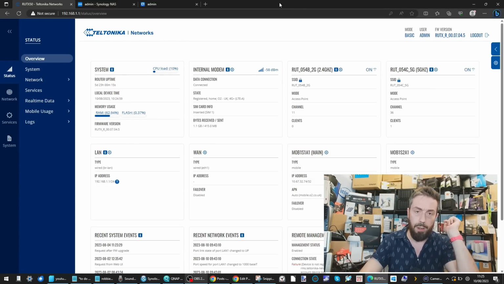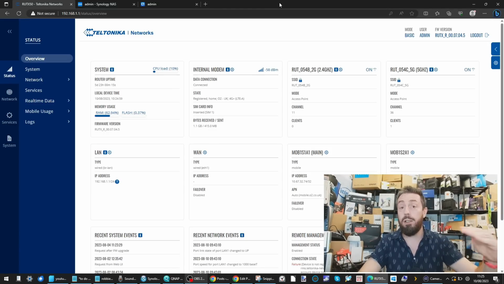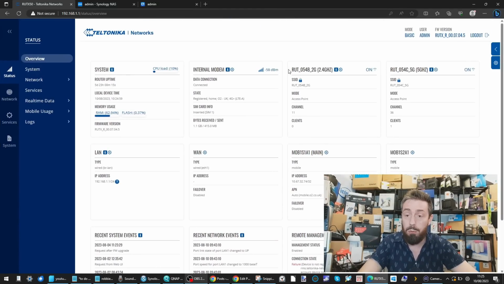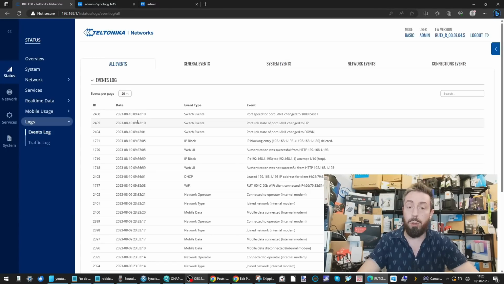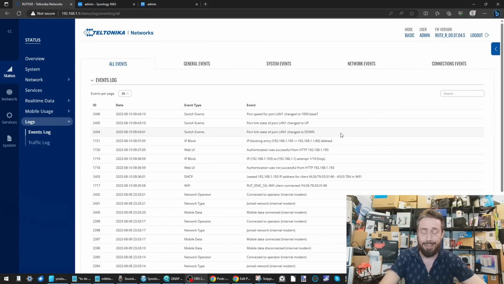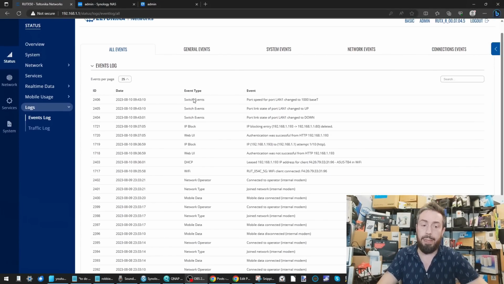Now, the first thing we're going to look at is the router. As you can see, the router was still running, and if we go into the logs for the router and look at the event logs, it breaks down into a bunch of different events and parameters. I'm just going to make sure my big head isn't in the way here and minimize that, because I'd feel a bit bad for the sheer arrogance of my head being why we can't see statistics. But as we can see there, the events.